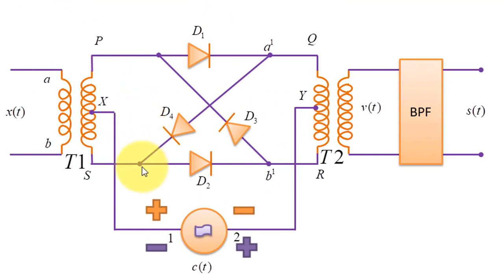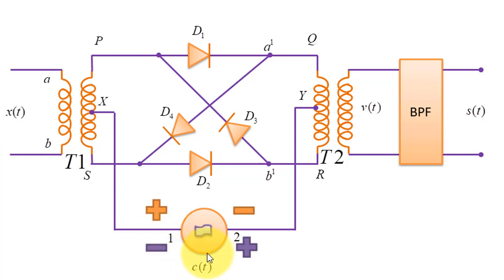This figure shows the block diagram description of the ring modulator. Here we will have 2 transformers, T1 and T2. T1 is your audio transformer, that is, it functions only at lower or audio frequencies. We will have 4 diodes D1, D2, D3 and D4. Here we are using a center tap transformer, and we have applied this common input signal c(t), your carrier signal, like this. We have made one assumption, that the carrier signal amplitude is greater than your input signal amplitude, so that the switching of the diodes, that is on or off, is totally dictated by this carrier signal.